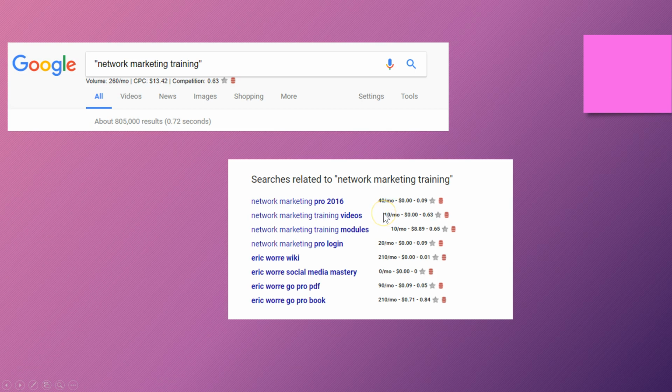Now, the nice thing about this is I want you to direct your attention to the star. This star, when you click that button, Keywords Everywhere is going to save that search term. So you can come back and you can print those keywords out. You can go back and revisit those keywords later if you want to use it in another piece of content.